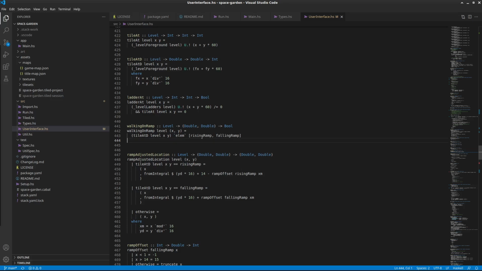And it could even make it so that you can run on a very steep incline, get some distance up, and then your speed falls to 0, and then you start sliding back. Things like that. But things like that would be quite a bit more complex, so I'm not doing those here. So if we are walking on a ramp, we are going to do the ramp adjusted location,